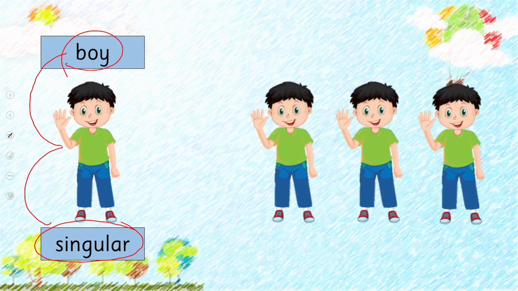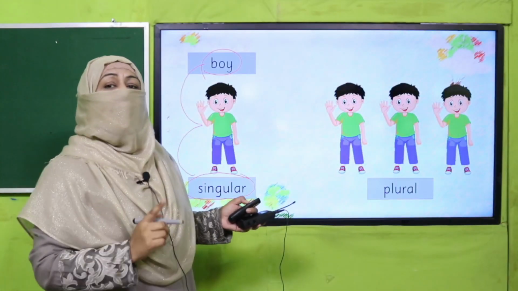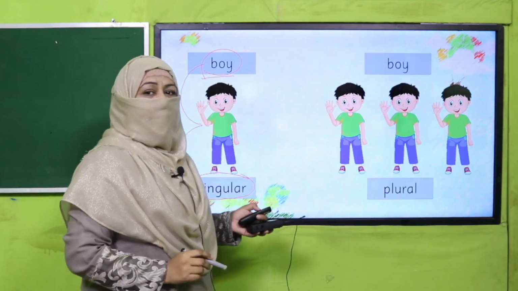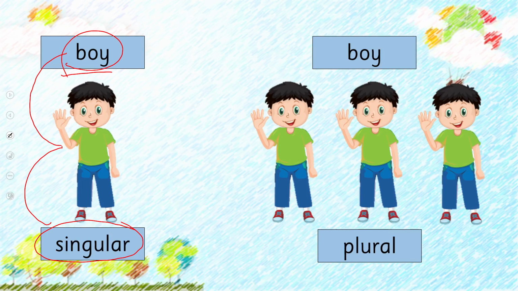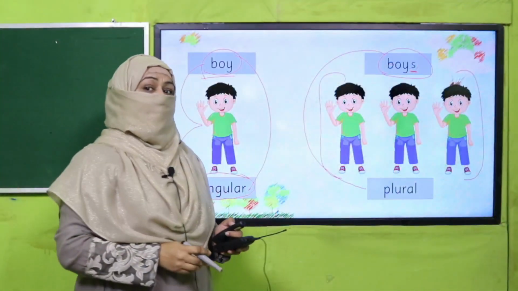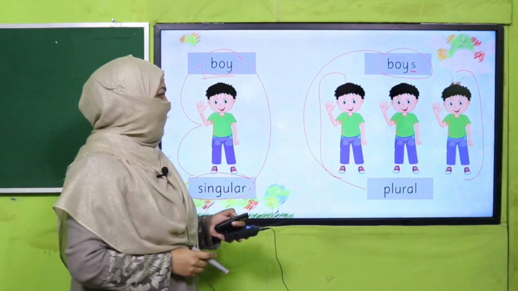And if there are more than one, what is this? If they are more than one, they are plural. It's plural naming word. And how do we write it? Boy, and to make it plural, we add S. Boys. Boy is singular and by adding S it becomes boys, it's plural because now this naming word is for more than one, right? Likewise,